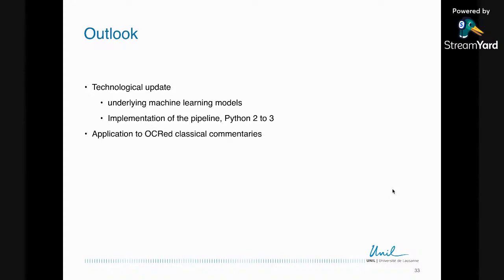Right now, we're also working on applying the Cited pipeline on OCR classical commentaries. So far, we did monographs with structures of epic poetry, articles, abstracts, and now we're adding also OCR classical commentaries, which are historical documents, and they bring new challenges in terms of notably the OCR noise and the OCR quality. And we're also looking to expand the range of captured references, so also looking at mentions of people, scholars mentioned in the commentaries, ancient and modern places, and so on.